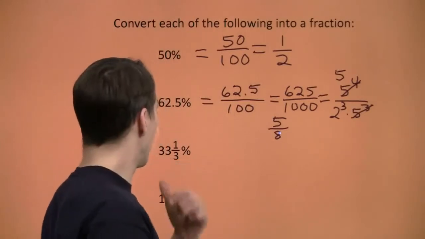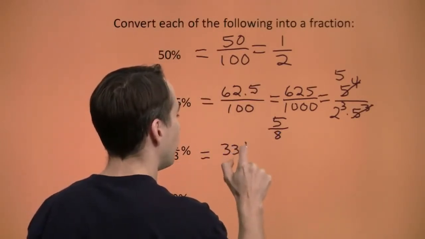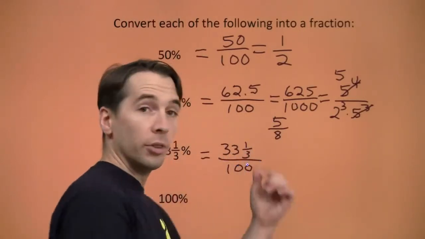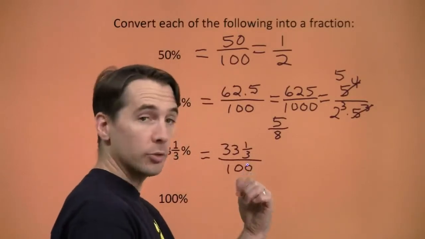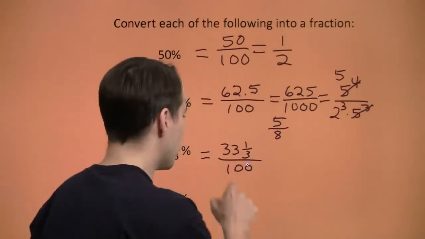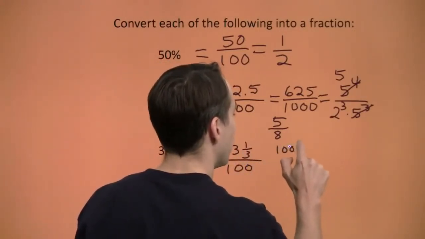Now I'm on to 33 1/3. And once again, we start off by writing this as per 100. 33 1/3 per 100. Now I'll write the numerator here. That's a mixed number. I'm going to write that as a fraction. 33 times 3 is 99, plus the 1, that's 100 thirds